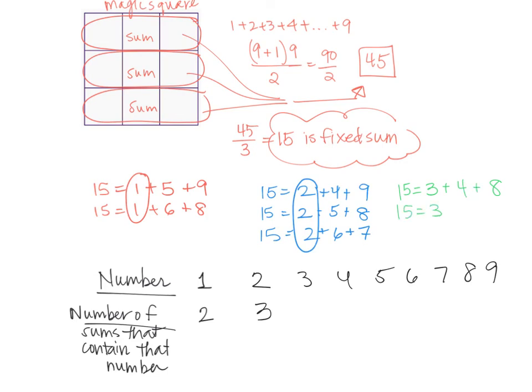What if I put 3 with 7, that's 10, then we would need a 5, so that works out. And we could try another one. 3 with 6, that would be 9, but then we'd need another 6, so that one doesn't work. So that means that the number 3 is in 2 sums, so we can fill that out in our little